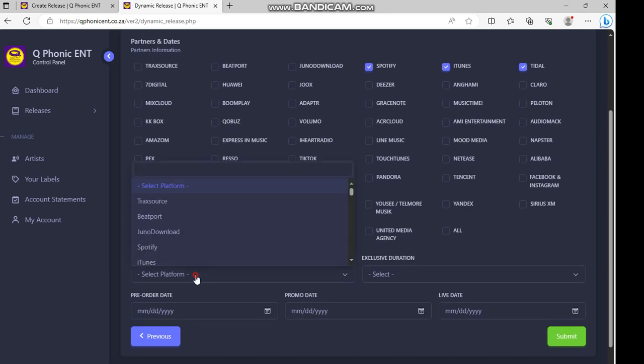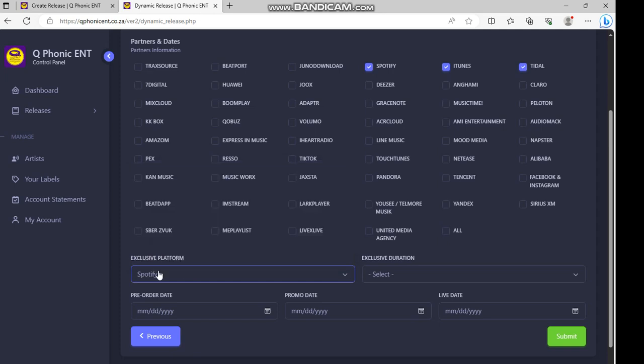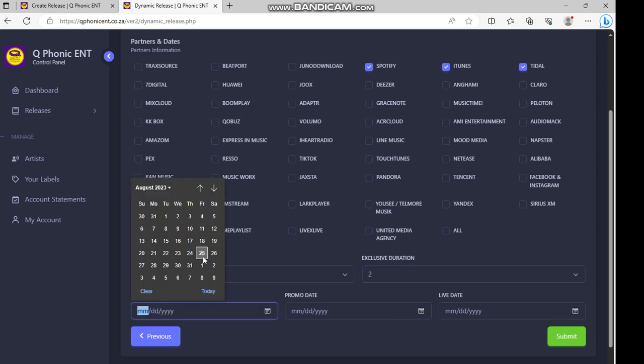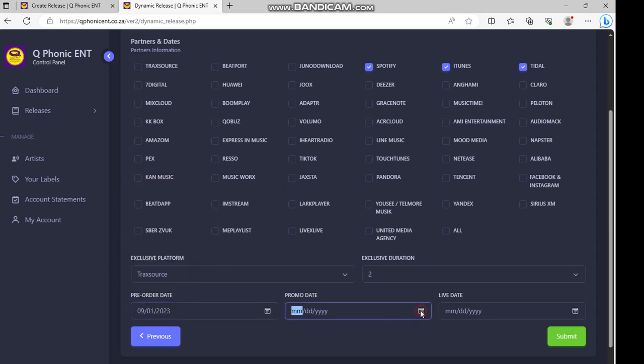Then we will select our exclusive platform. If you are doing a hip hop one, you can select Spotify. If you are doing house, you select Traxsource. So this is a house, so we are gonna proceed with the duration, which is how many weeks. So we will always add 2 weeks, and then we're gonna add our pre-order. Our pre-order will be in the next 7 days, because it's always good to release a song 15 days prior to the original release date. So let's just use 7 days from now,